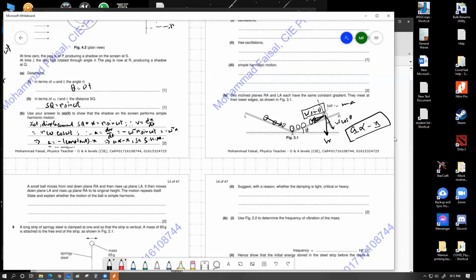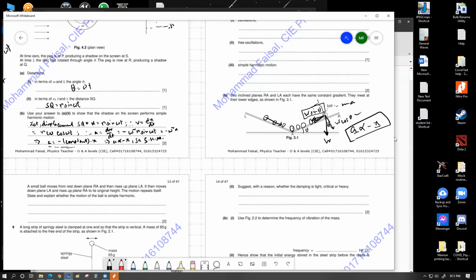if I was answering this question, I would write it this way. I would draw this angle theta on the question and write up these two components, W sin theta and W cos theta, on the question, and also the W. I would draw this much, and then I would write